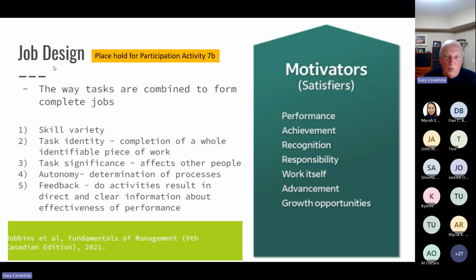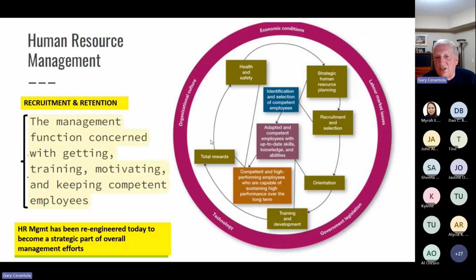And again, it depends on the business. Is it a family business? Is it a large business? It depends on the industry. It depends on the customer base. So all these things have to come into play when you're designing the job. And again, recruitment and retention really is the key. And so I made an argument here for retention because of 6 times an annual salary to recruit somebody.